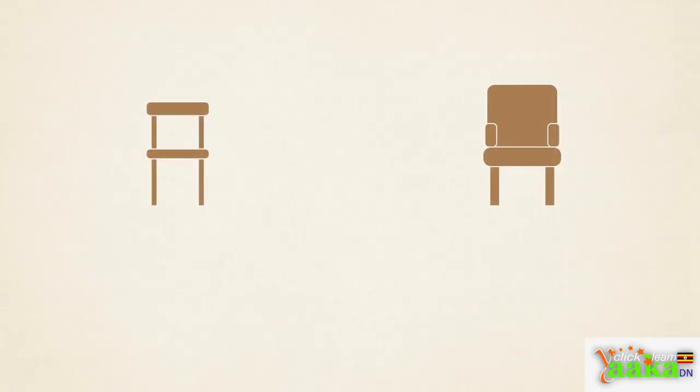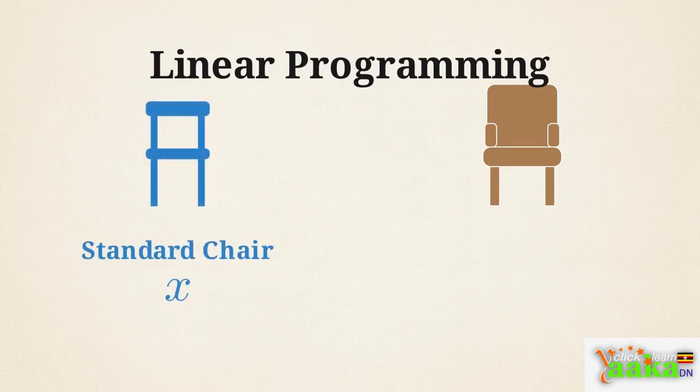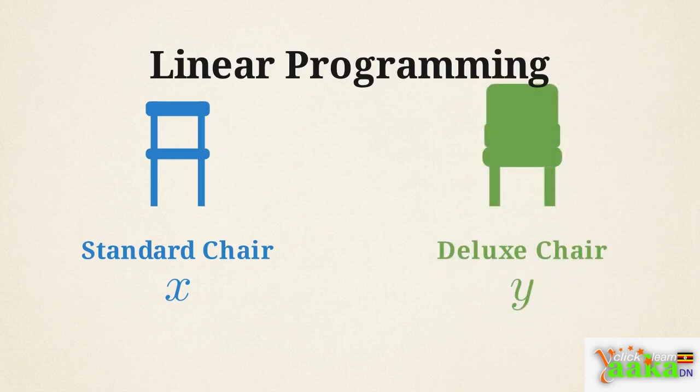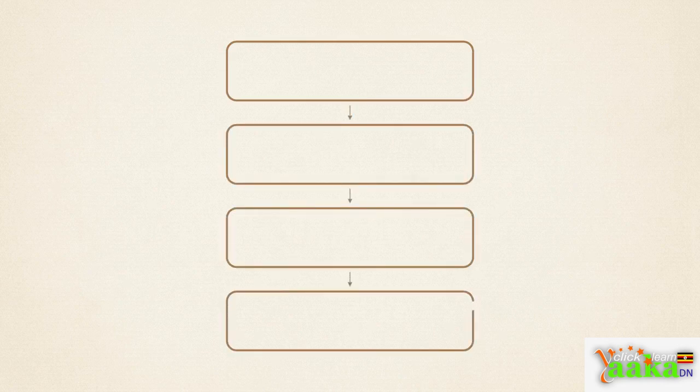This diagram shows our two products. To find the perfect production balance, we use a mathematical method called linear programming. We will assign the variable x to represent the number of standard chairs we produce, and the variable y to represent our deluxe chairs. To solve this and any linear programming problem on your UNEB exams, we must follow 4